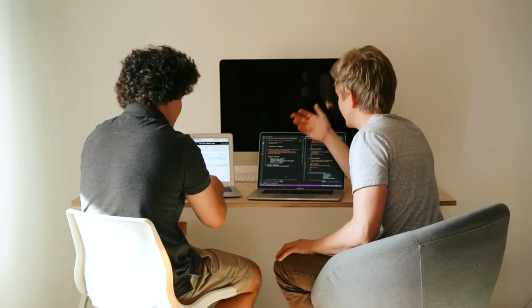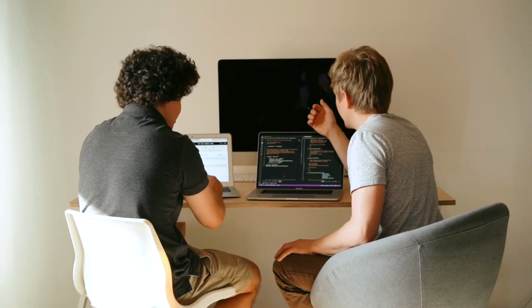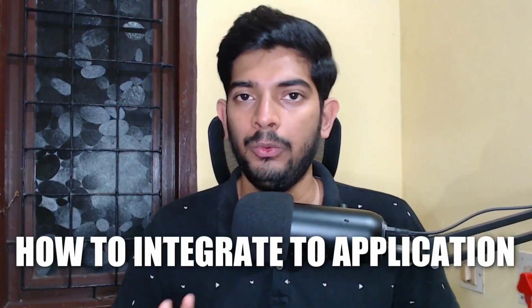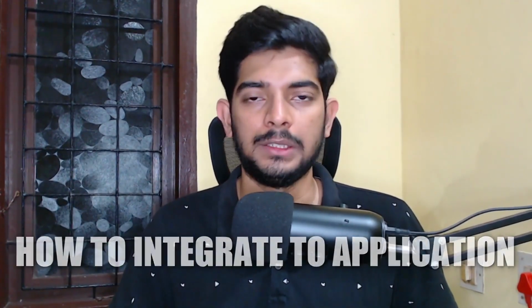You can ask your friend what to code there, or you can go ahead and search in Google and paste the code in there. But either way, you need to know exactly what to copy and what to paste, and obviously you need to know how to integrate it into your application. Whenever you go to a documentation, there will be coding snippets and you have to know how to use them in your actual code. And this takes a while. It's not like whenever you just get started with coding, you will have the skills. You just have to train yourself to do that.